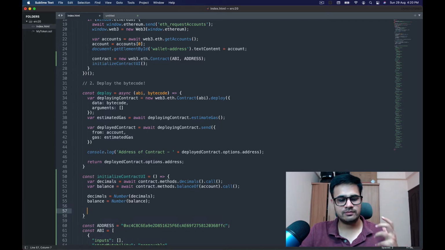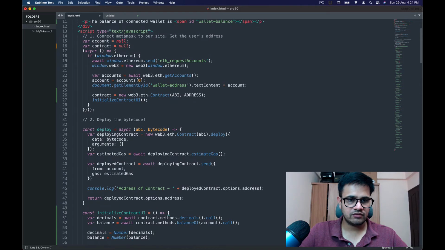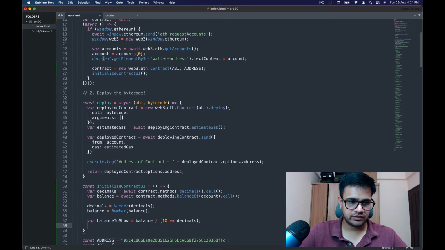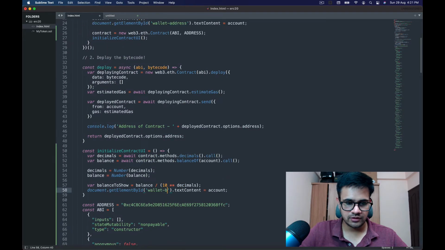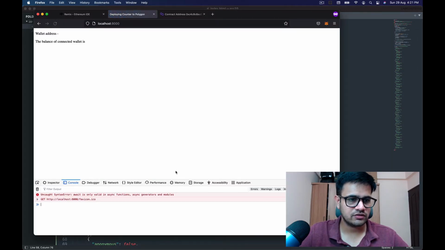Now to figure out how much balance the person actually has, we're going to divide the balance by 10 to the power decimals, and this will be the balance to show. Then we're going to copy the document.getElementById code, change the address to the balance over here, and write balance to show. Great.